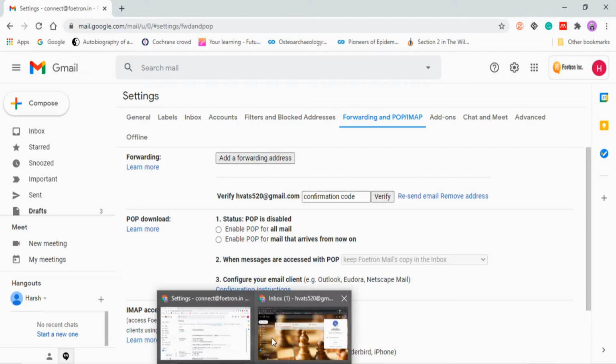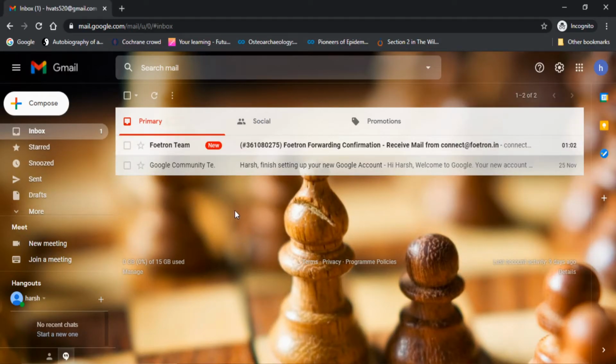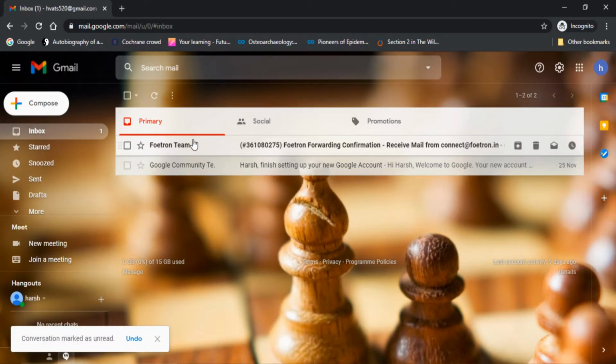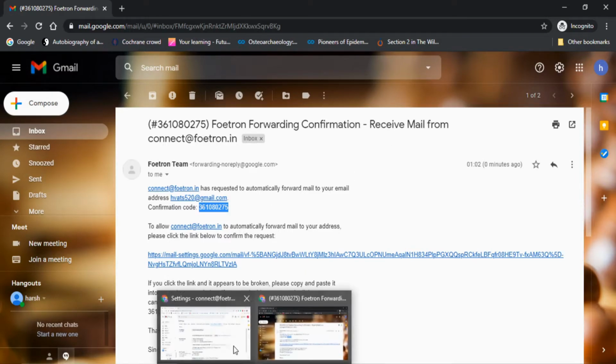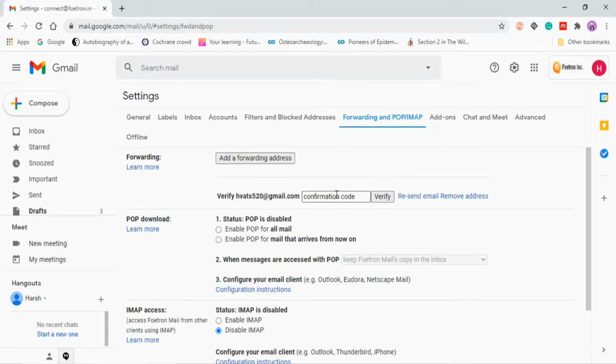Now let's move forward into incognito mode. So now we have received the mail on our other email, which is harshwats520@gmail.com. When we click on it, you will see we have this confirmation code. So you can copy this code, Control C. After that, we will go to our previous email, come here and paste this confirmation code.